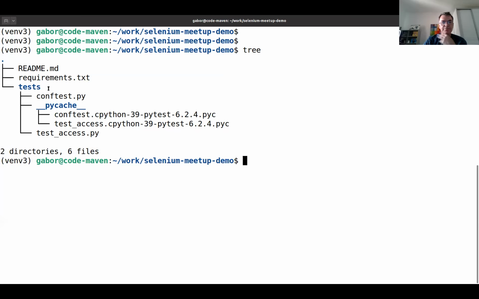We have the README file, which you just saw, and the requirements.txt that only contains the fact that we use PyTest and Selenium, I guess. And then this is the test itself. These are just cached files. They're not really important for us. That's just Python compiled stuff. So that's our script. And then there is a conftest file that is loaded by PyTest when it's running, and we put there all kinds of helper functions that can be needed by various tests. It's like the shared files.